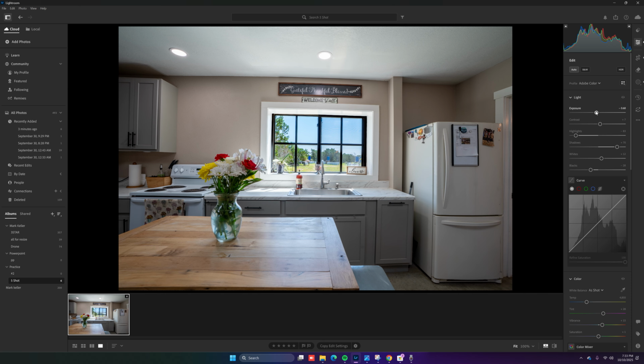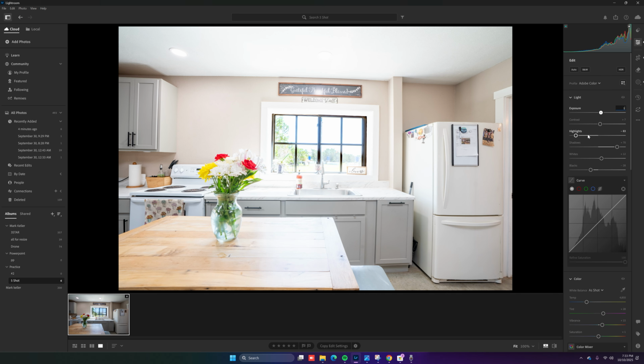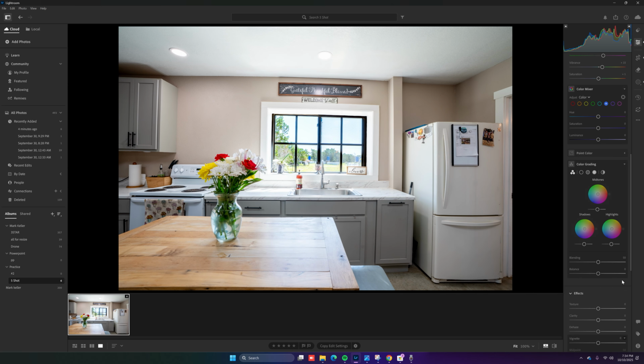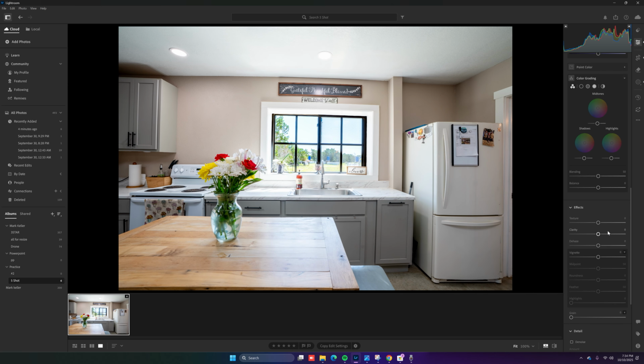So now what I'll do is I will edit the photo itself, the entire photo. So for the purposes of time, we're going to just speed up this portion of editing. It's general editing of the entire photo and just bringing it to where we want it to be. All right, same with the photo. I will give it a 20 dehaze